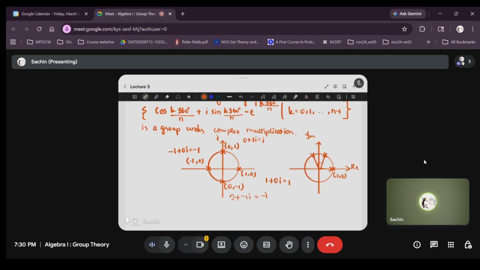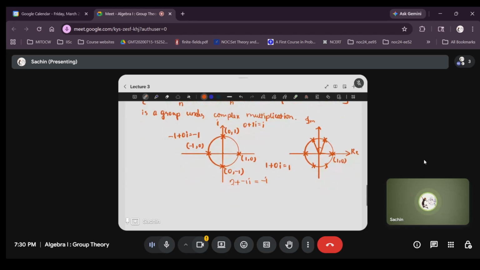Then another 60. Then another 60 and another 60. So these will all be the sixth roots of unity. And what happens is this is closed because